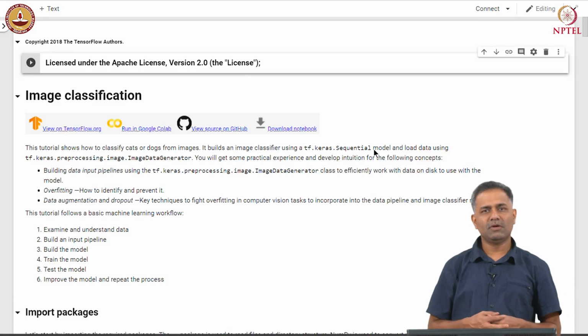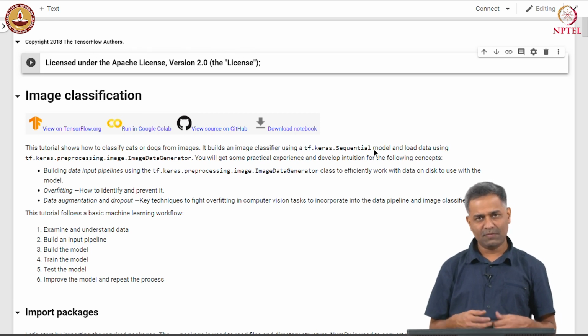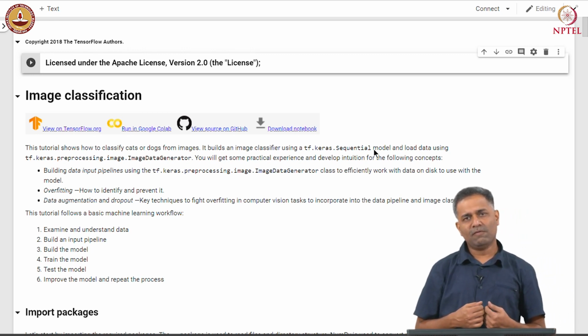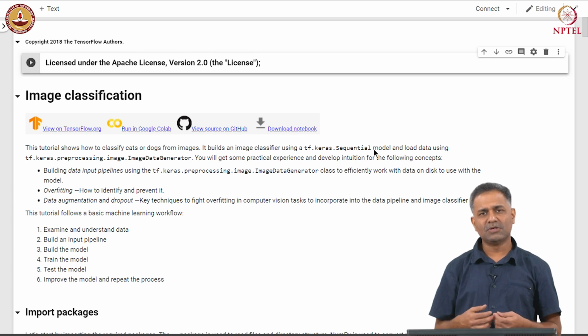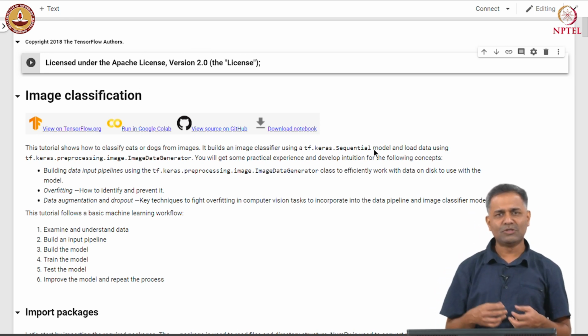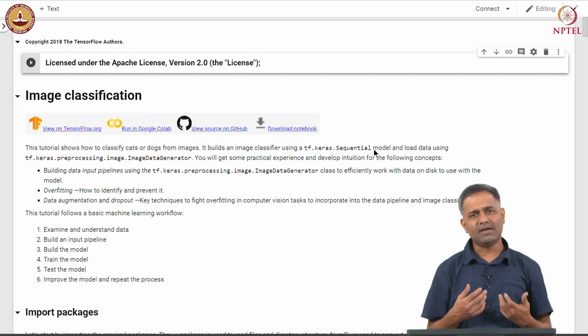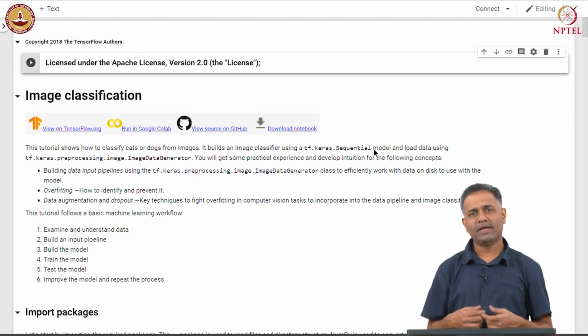In the previous session we studied CNNs. We also learnt how to build CNN models with transfer learning. In this session we will build image classification models from scratch, and we will use a bunch of strategies that are employed in practice while building image classification models, and we will also visualize what the CNN is learning by looking at the activations after each layer.